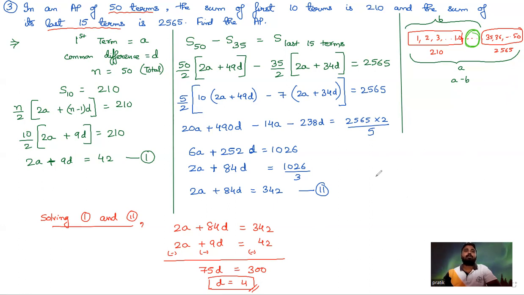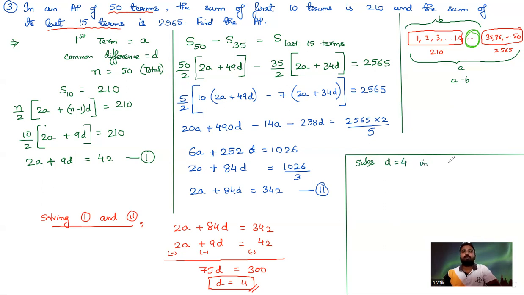Now what we can do is substitute the value of d in one of the given equations, and we can find out the required thing. What do we have to find? I have to find the AP as well. Okay. So d is 4. Substituting d equals 4